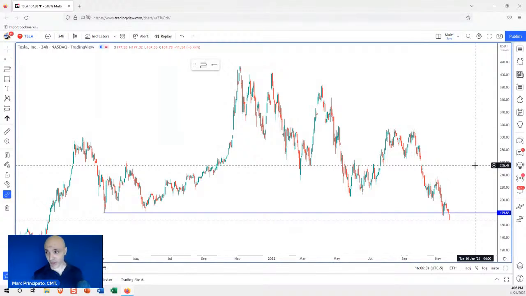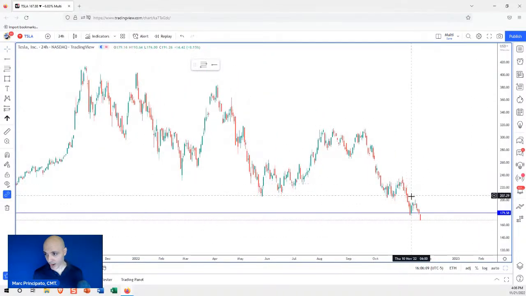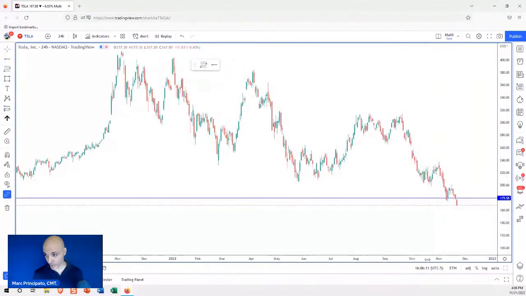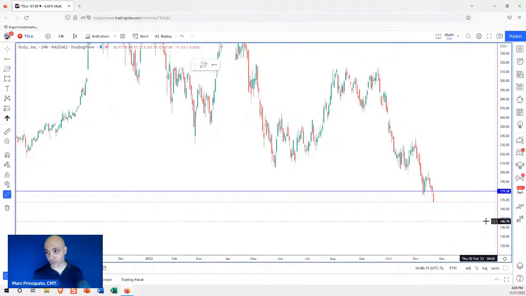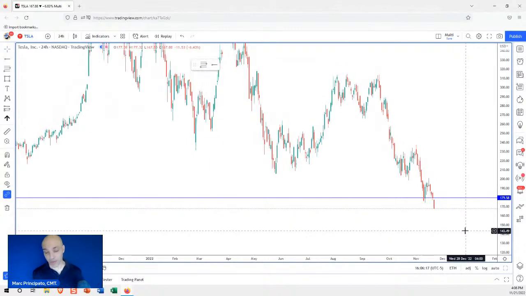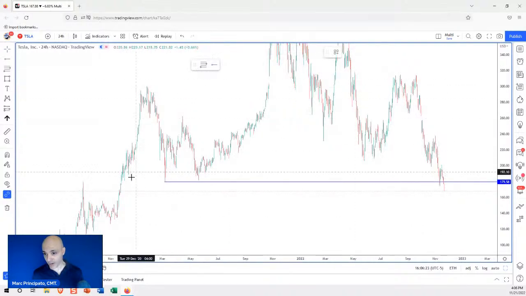Whoever borrows a lot of money is going to suffer in a rising rate environment. So that's also going to put some weight on this. As of right now, look what you're dealing with. Lower high. You're pushing the support. This thing should not have broken that support. Look at this candle. That just says bearish momentum is in play and lower prices are likely to follow. That's what it means. How far can this thing go?